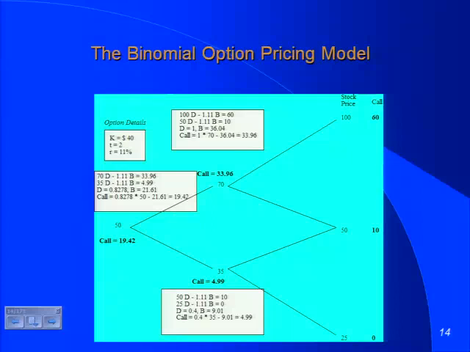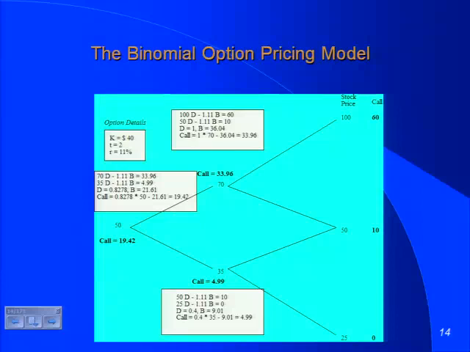My task is laid out for me, right? I want to combine the underlying stock and borrowing, and that replicating portfolio has to have cash flows of 60, 10, and 0 as well at t equal to 2. That's what I'm going to try to accomplish. So here's what I do as a first step. I start with this end node, $70. I said, let's assume I'm at a stock price of 70. I know the stock is going to go to either 100 or 50 in the next period.